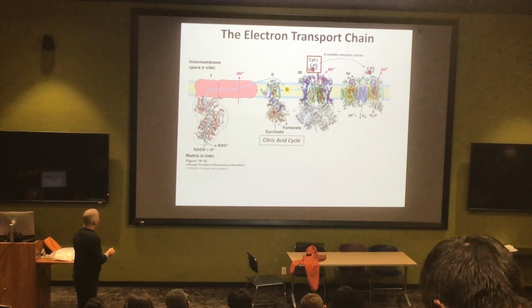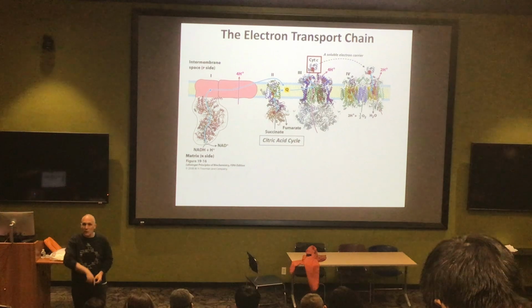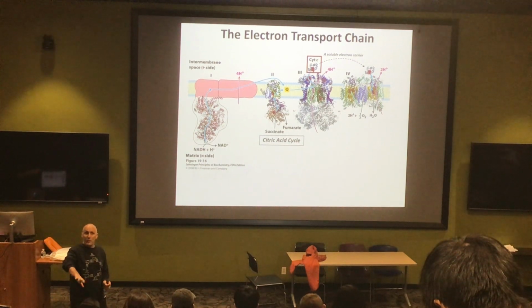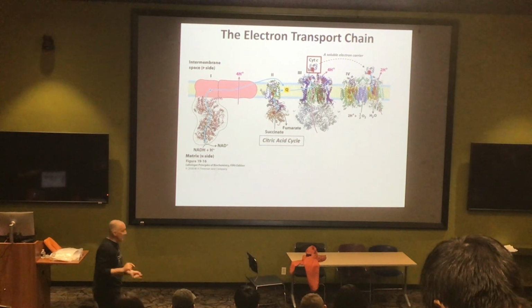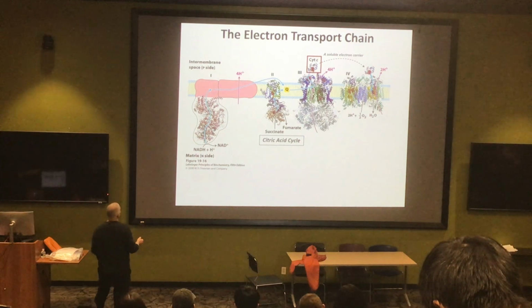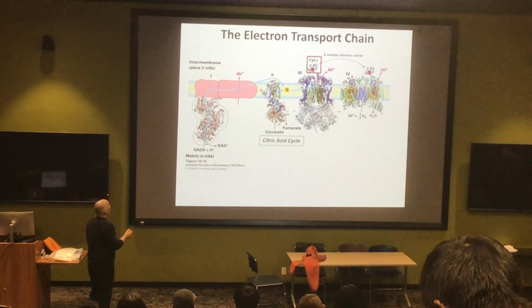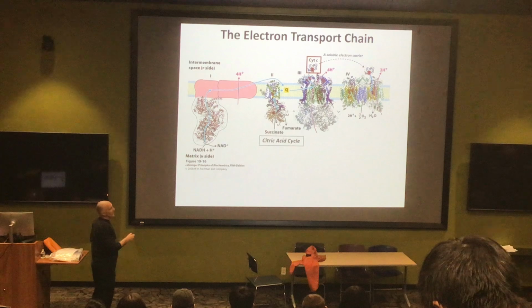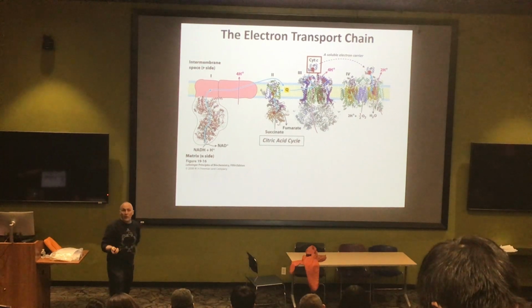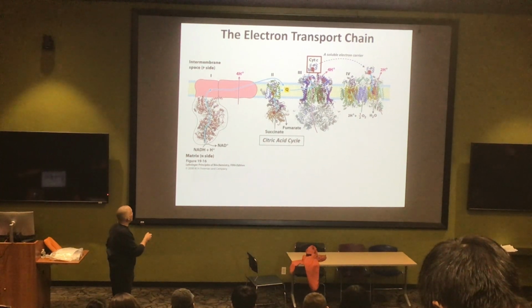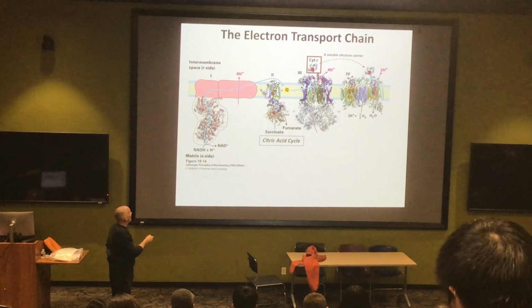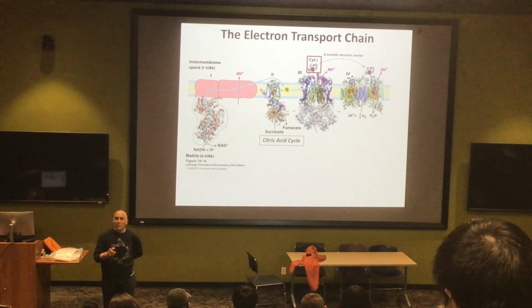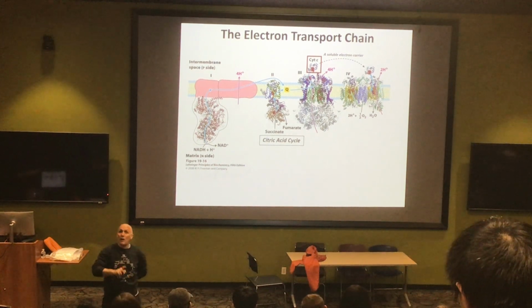We know we have a bunch of NADHs. These were generated by the citric acid cycle, not, by the way, by glycolysis. Only by the citric acid cycle. It's going to drop off its electrons here directly. Those electrons from the NADH are going to be transferred to a molecule called quinone, Q, which is pre-existing in the oxidized form and turned into QH2. Okay, so the Q is going to come in, take those electrons, become QH2. That's complex 1.